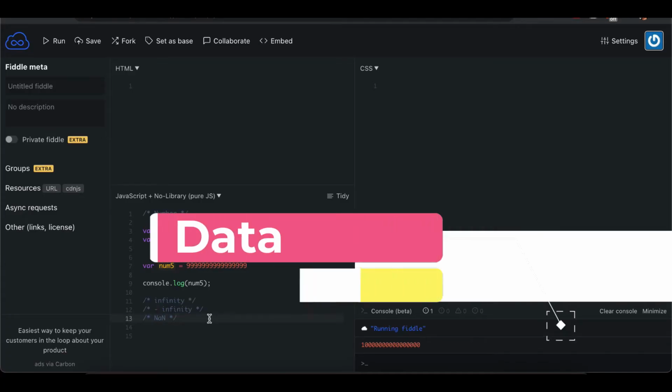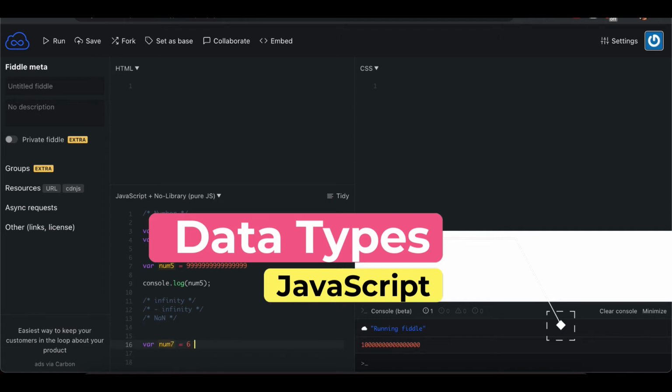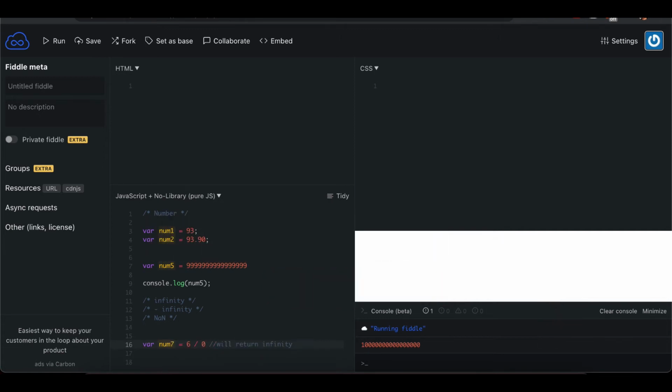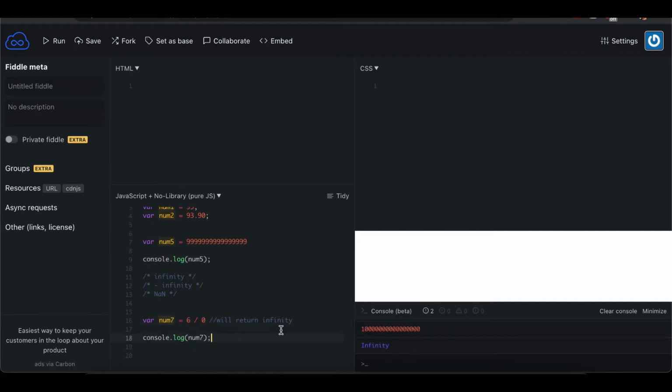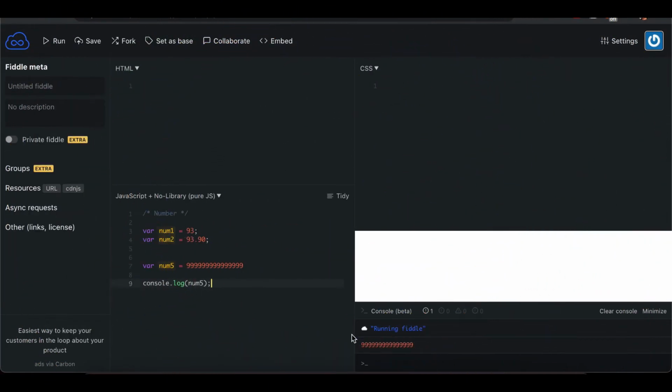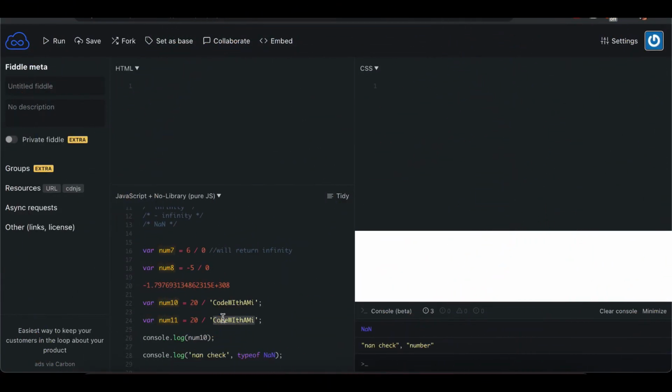Okay guys, so what are JavaScript data types? I'll give you a single line definition. Data types tell the compiler what kind of value a particular variable is going to hold. It is important because the specific data type you use will determine what value you can assign to it and what you can do to it. To be able to do operations with variables in JavaScript, it is important to understand the data type of any given variable.